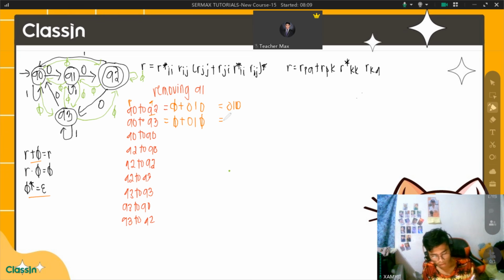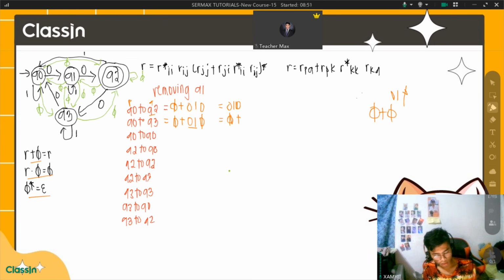So therefore, right now, 0, 1, any number multiplied with the null will become null. So the null value plus the highest precedence will be 0, 1 multiplied by null, which will become null. So it will be null. So null plus null will become